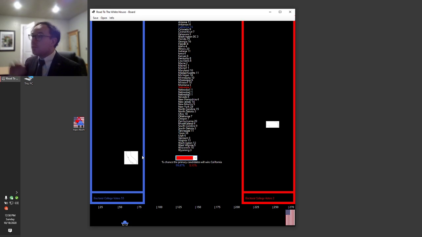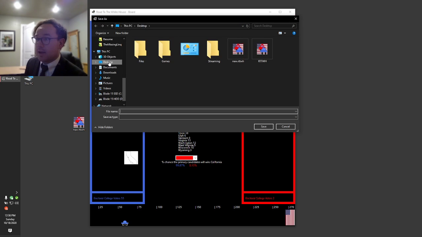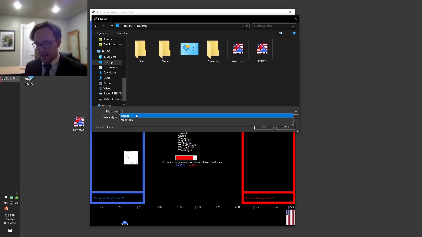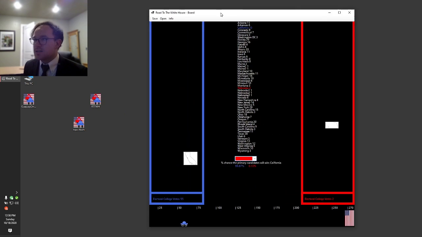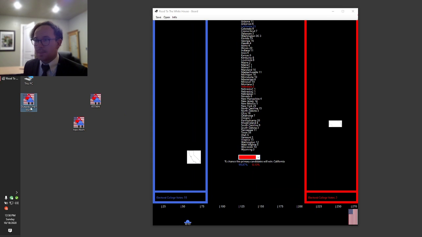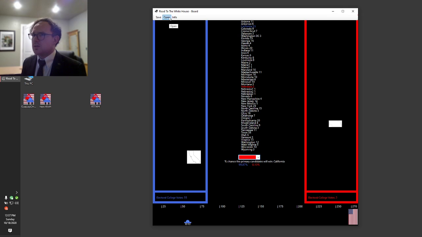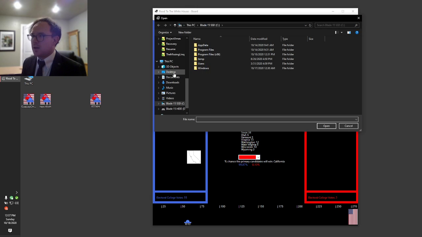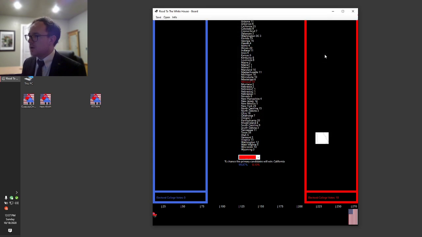Now, one of the key features of this program is you can click save, which will then bring up a save dialog. So if I wanted to save this to my desktop and say guesses 1, let's save that to the desktop. Now what that's done is put this Road to the White House guesses 1 file on my desktop. Now I also have this new Road to the White House. So let's go and open up that. When we click open, it will open up the file dialog. We'll go to desktop and we'll open up new. And it'll open up this previous